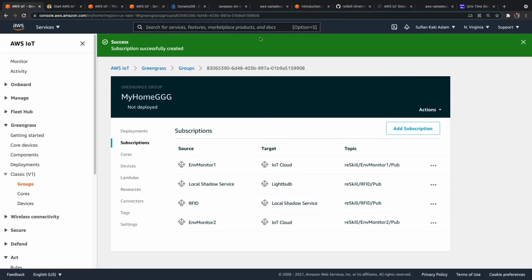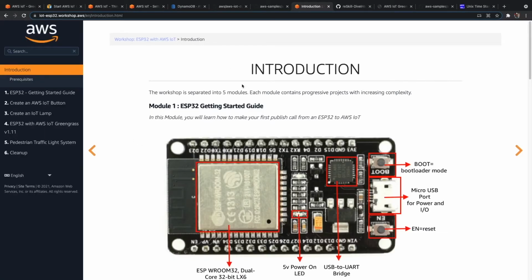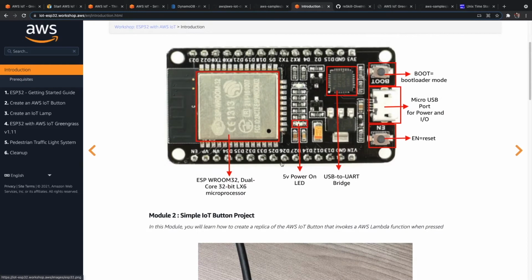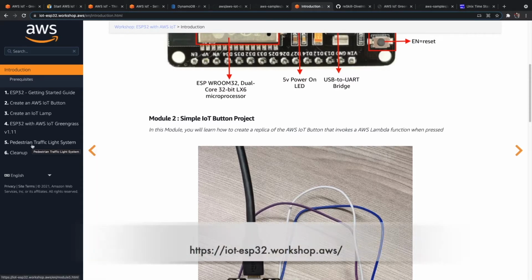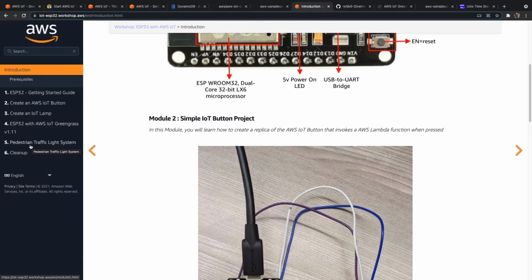Now, there is a workshop that AWS has created. It's called ESP32 Getting Started. It's at iot-esp32.workshop.aws. I'll put this link in the end as well as during this video as well.